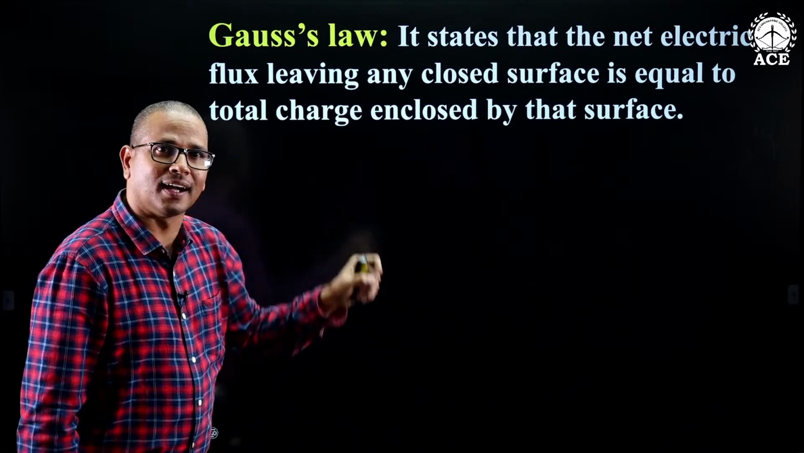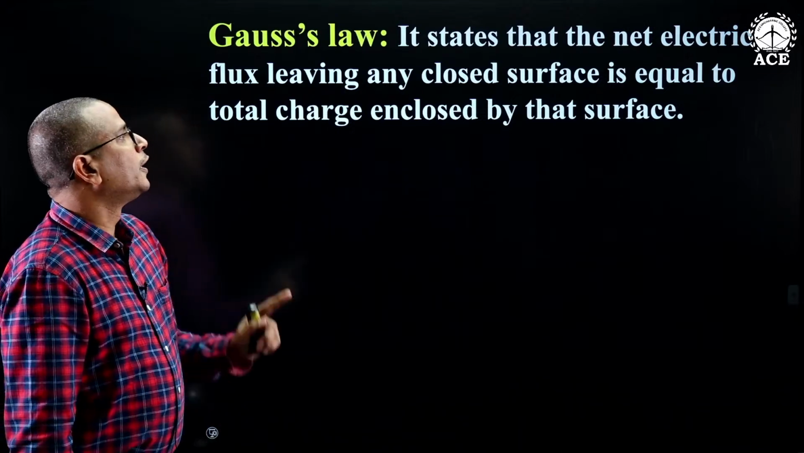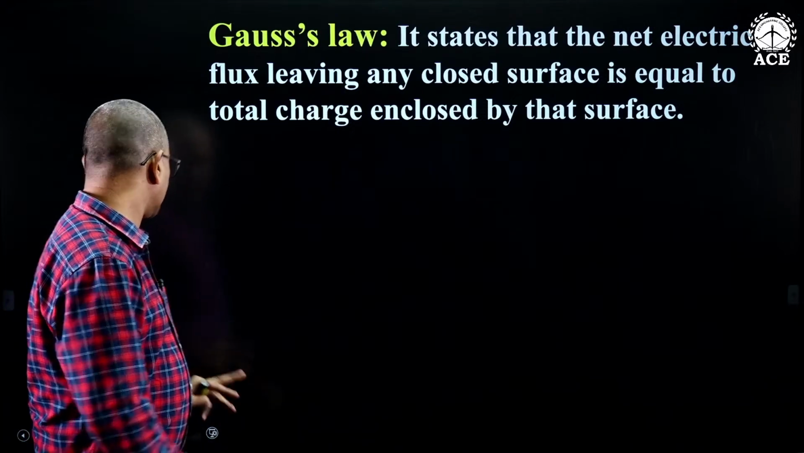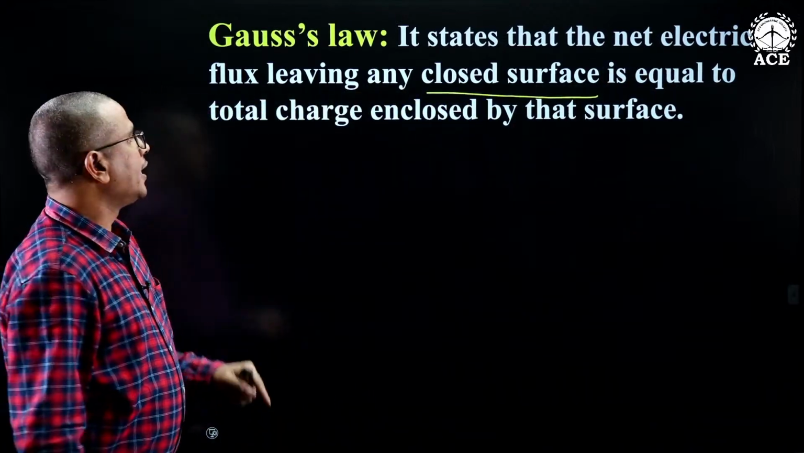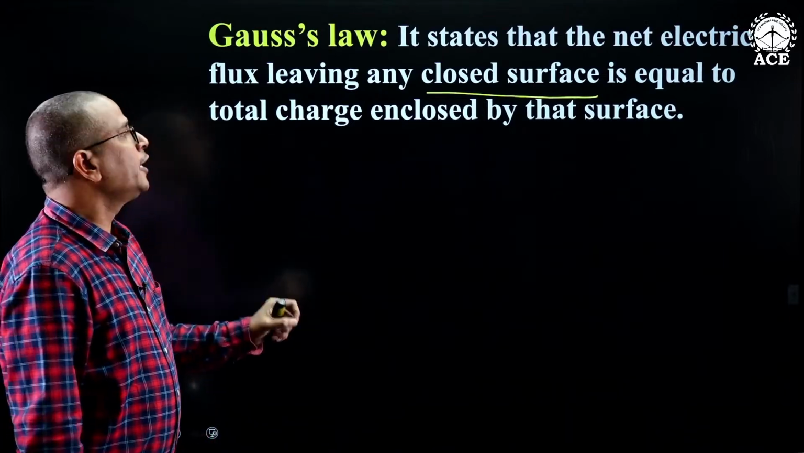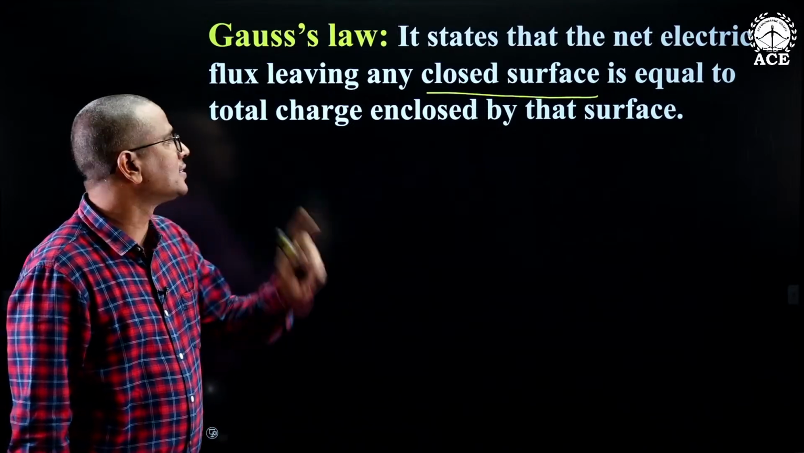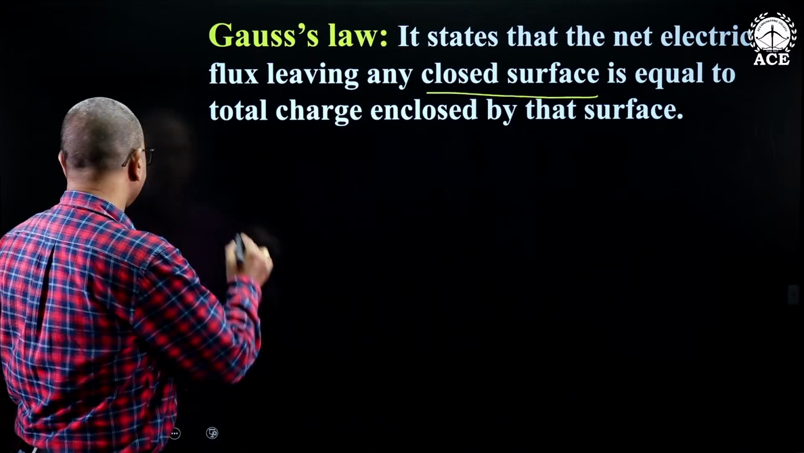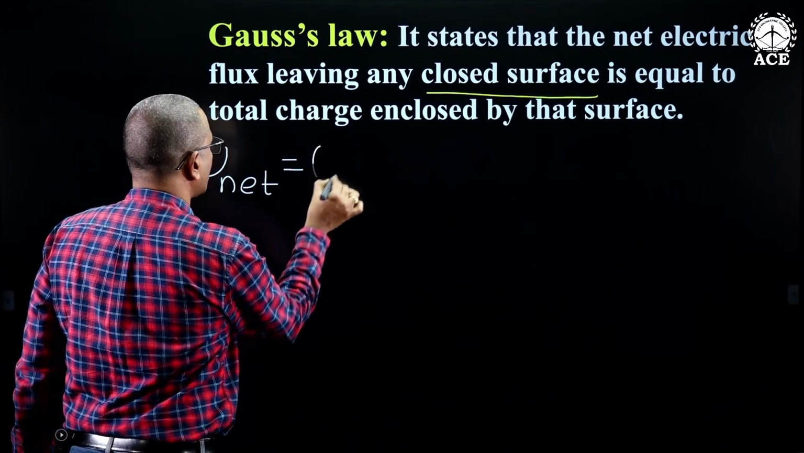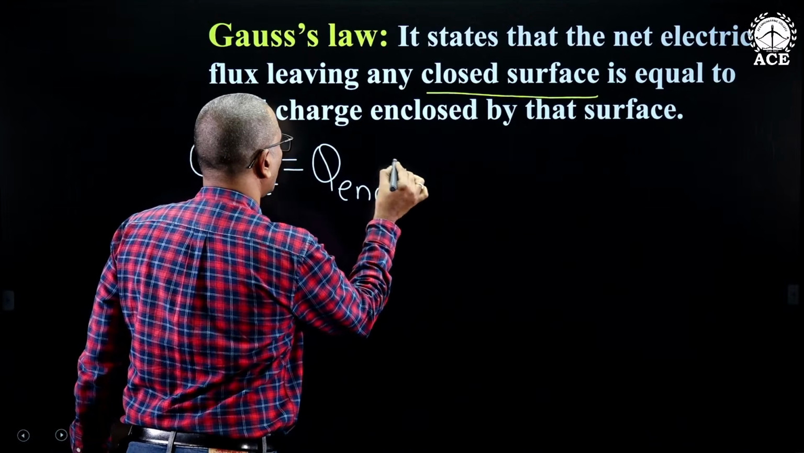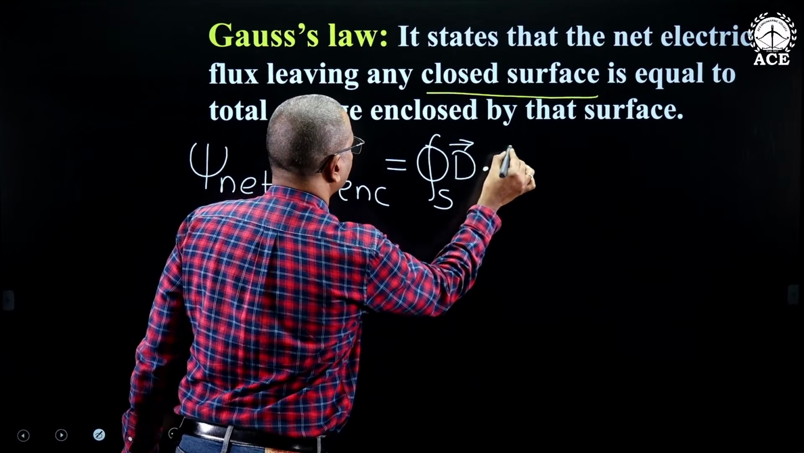So Gauss law states that the net electric flux leaving any closed surface is equal to total charge enclosed by that surface. Here the very important word is closed surface. The net electric flux leaving any closed surface is equal to total charge enclosed by that surface. So the mathematical model of Gauss law I am giving you here. The net flux psi net is equal to charge enclosed, is equal to closed surface integral D bar dot dS bar